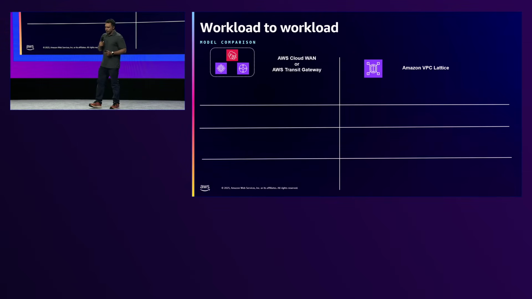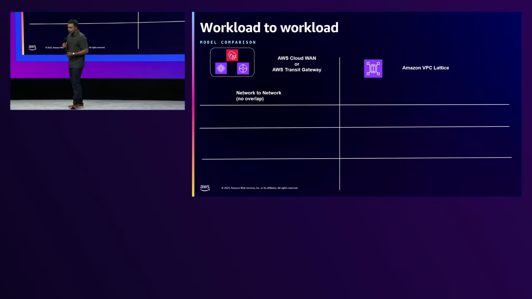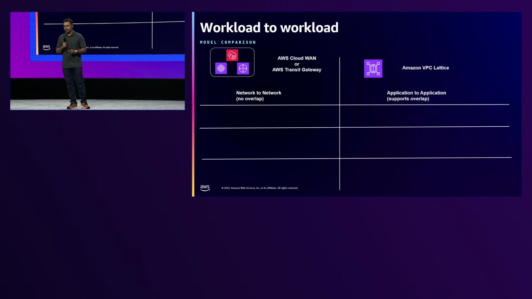So now let's compare the two models. On the left-hand side, we have Cloud WAN, Transit Gateway and a network firewall. And on the right-hand side, we have Amazon VPC Lattice. The first point to keep in mind is with Cloud WAN or Transit Gateway, that's network-to-network connectivity. And because of that, you cannot have IP overlaps. Whereas with VPC Lattice, since you onboard specific applications and provide access to only specific consumers, you can work with